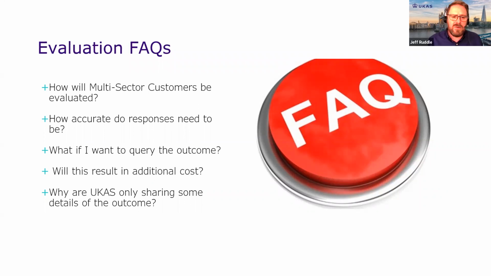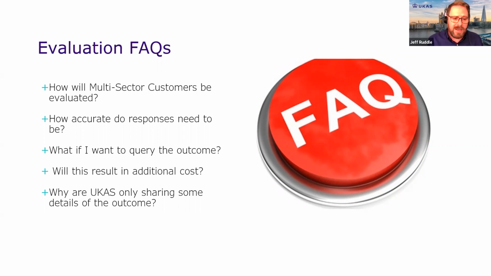How accurate will the responses need to be? As I've already mentioned, the matrix is designed to have a level of tolerance to deal with estimates. Generally, whether people come out at certain ends of the risk indicator is about whether they've got lots of things going in one direction or the other. So your responses where you're asked for a percentage of work or things like that do not need to be terribly accurate. It's to the nearest 5%, really.